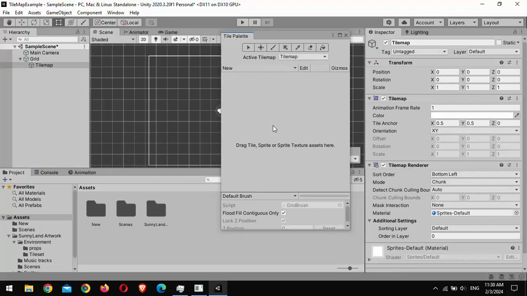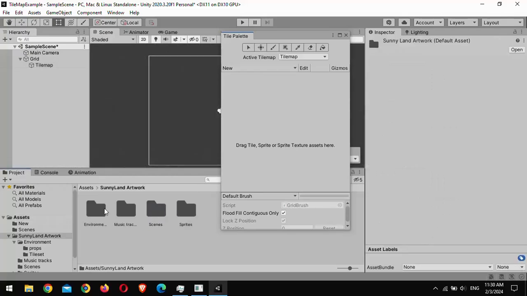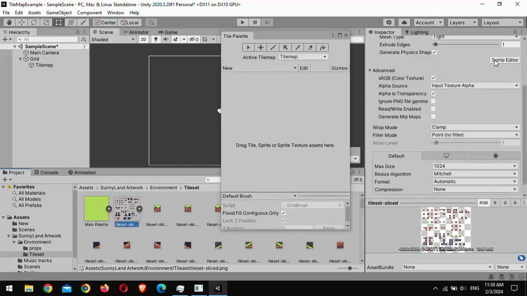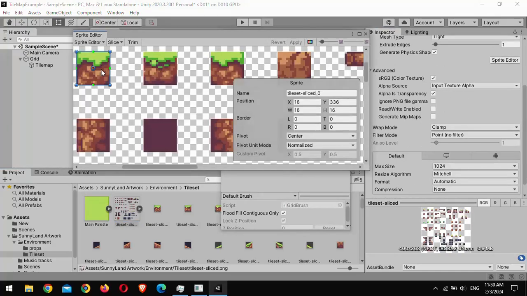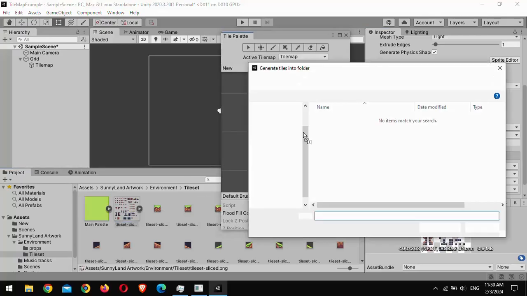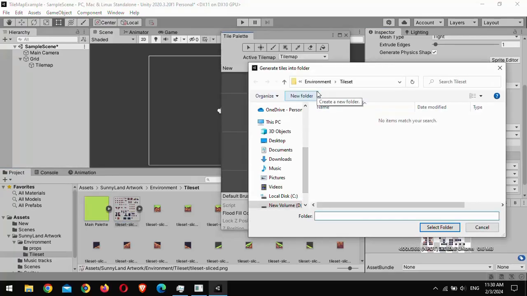We can drag and drop sprites or textures to import them. And if we go to our Sunnyland asset environment tile set, we're going to use this sliced tile set here as an example. Of course, remember that this has its own settings and it's already been sliced in the sprite editor. So I'm going to drag and drop it here,